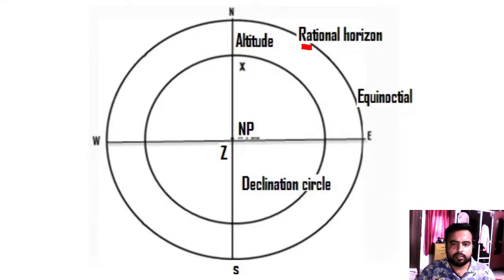Declination circle means the circle in which the body is going to lie, in 24 hours. Then this is the rational horizon of the observer. This is the equinoctial, because the observer is on the